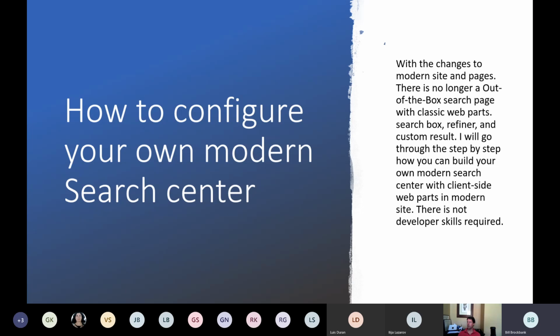There are a couple of things I was trying to remember how to do quickly today, and we'll see if I can remember how to do them later. I'll have to look it up on my other site. So the overall concept is that in modern pages you no longer have an out-of-the-box search capability because we don't have the old classic pages. Modern pages are made out of modern web parts. They did not move those connectable web parts over, and until we had connectability, which came out a bit later in the framework, it wasn't possible, so you'd have to build it all as one piece. I have noticed that Valo has a similar piece in their component set to do a search center, but I believe it's a one web part solution with lots of settings. I have not worked with it, but I see they framed it the same way as the box.